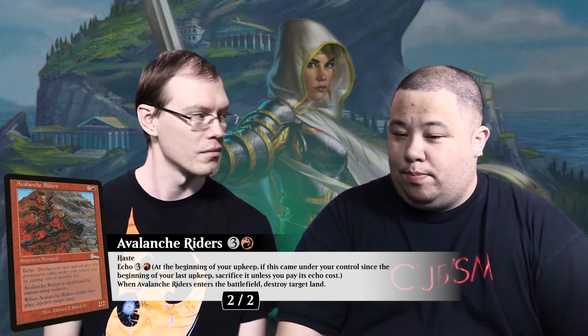Well, in the last 4 years, we've gotten a lot of good 4-drops. We have. From gods to just hasty attackers. Yeah, multiple gods, multiple hasty 4-drops. Some of them are both of those things. And some of them also just deal damage when you're attacking and on consecutive turns and don't cost an extra 4 mana. So Avalanche Riders falls into this weird home of